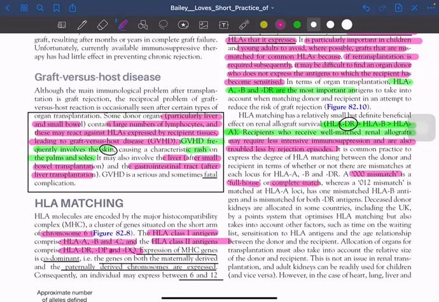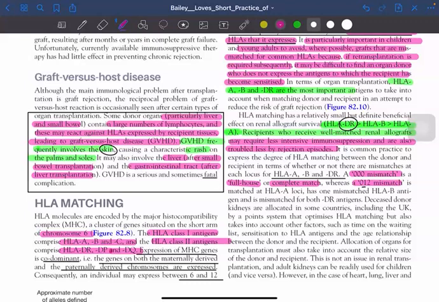All three, HLA A, B, and DR, each and every HLA has two alleles, and if both the alleles match, we call it a complete match or 000 mismatch. If even a single allele has a mismatch, you will call it 1. If both the alleles are not matching, it is 2. So the meaning of 0, 1, 2 is actually